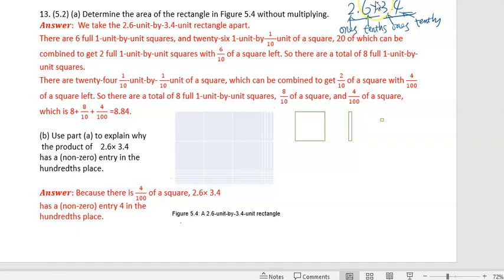2.6 times 3.4. But instead of using the standard algorithm to multiply them, say 4 times 6, 4 times 2, and all that, we want you to do something different. So again, pay attention to the instruction. It says without multiplying them. So what we're going to do is split the shape by ones and the tenths, because